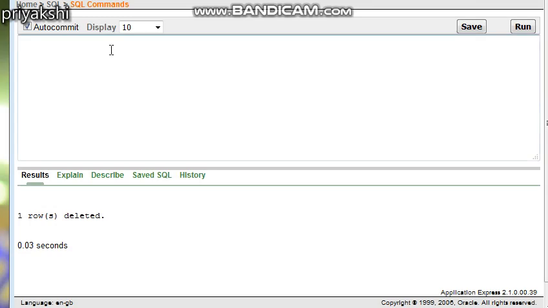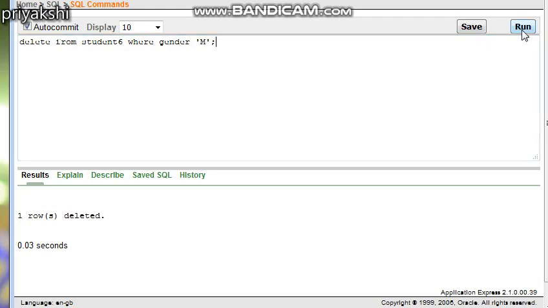How can you do so? If you write simply delete from student6 where gender equals male, this query will delete all the records from student6 where the gender is equal to male.